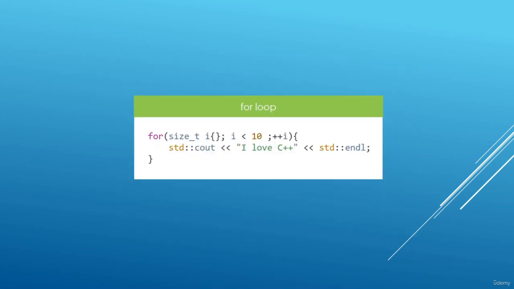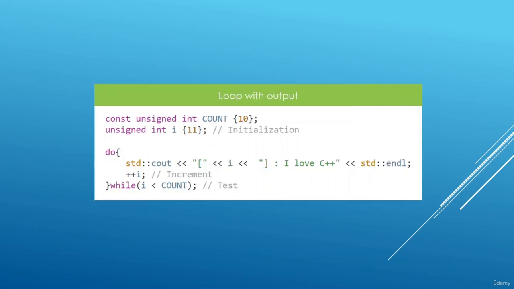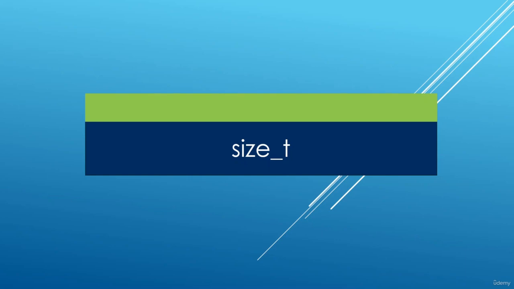For loop looks like this, and now this syntax here must be familiar. While loop looks like this. Now this should be really easy to look at and understand. And we have a do while loop, which is going to run the code in the body and then do the test. We have also seen that there is a type called size_t that is used widely in the